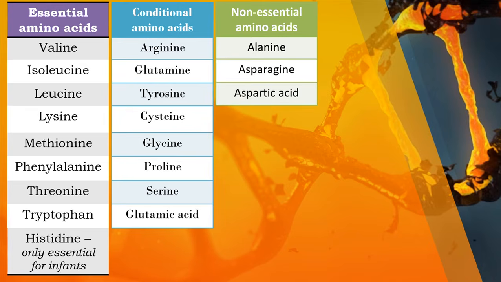Of the 20 amino acids found in human protein, only 11 can be synthesized by the body and 9 have to be supplied by the foods we eat. These 9 amino acids are also called essential amino acids. Adults only need to obtain 8 of them, and these are